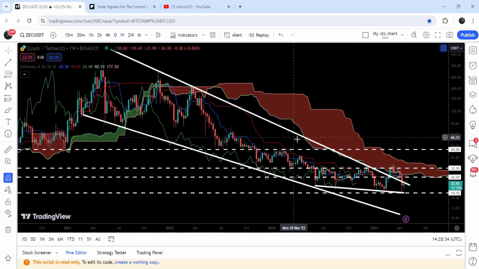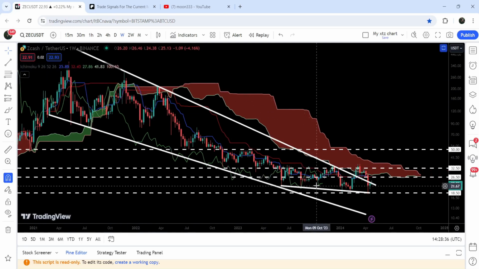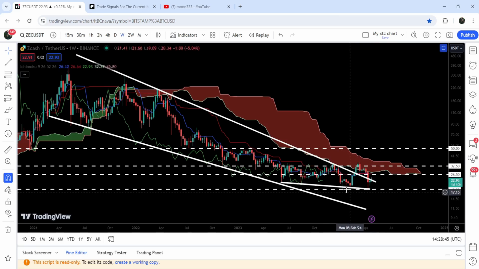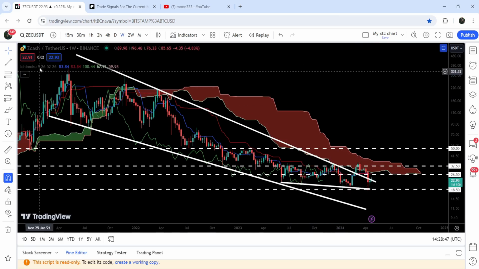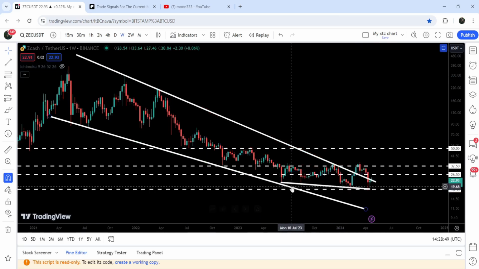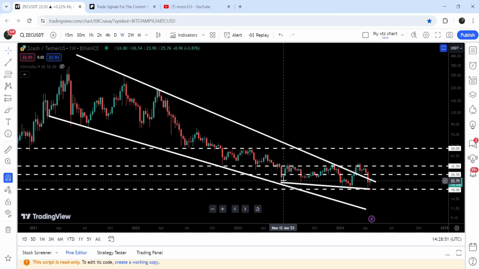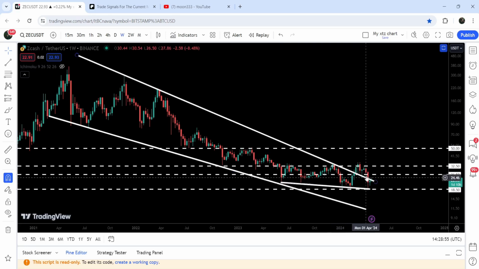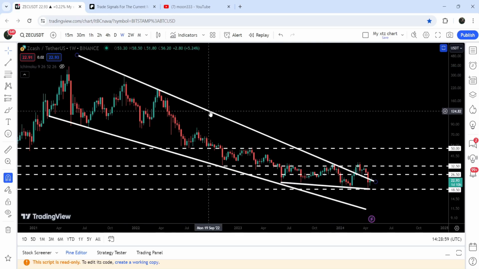On a 7 days time frame chart, Zcash has already broken out a very big falling wedge pattern, and recently you can see it was retesting the previous resistance of the wedge as a support, but again re-entered the same falling wedge pattern. Here we also found this downtrend line support from the month of June 2023, and after it entered inside this wedge while retesting the previous resistance, a quite long-term